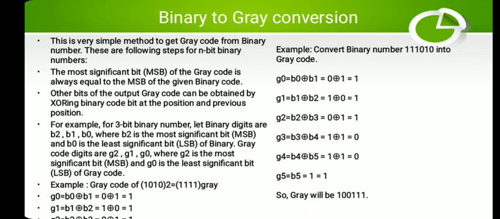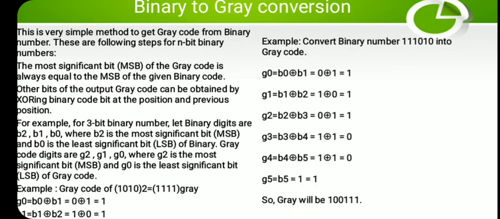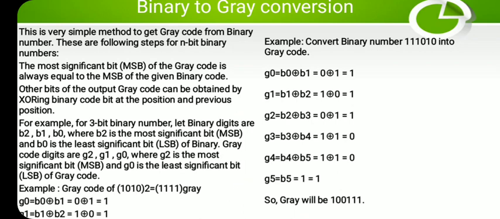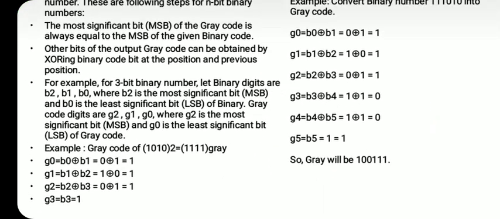Now we'll implement it and find out the gray code for the given binary number shown in the example in the slide. The example is of a 4-bit binary number, 1010 binary, with base shown as 2, and you are converting it into gray. How to proceed? For easiness, write out the bit position of the data which is given to you, the 4-bit data. I'll start from the MSB.